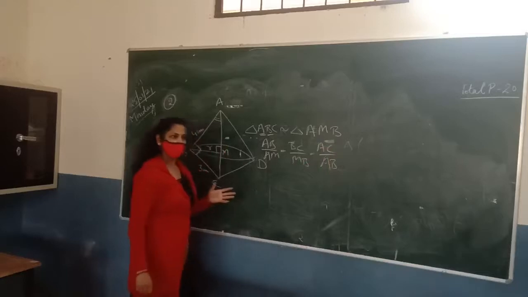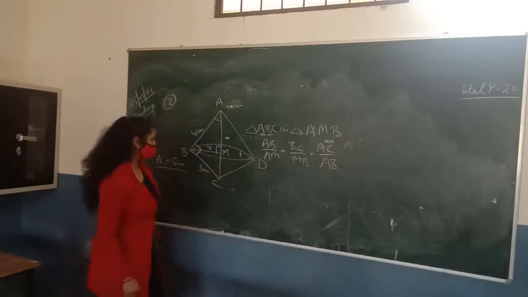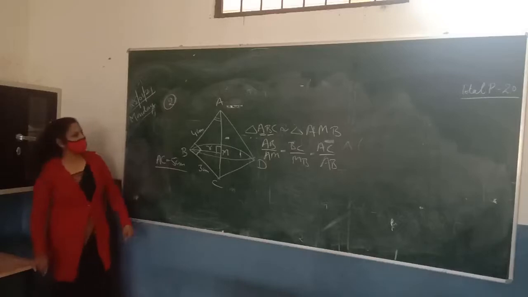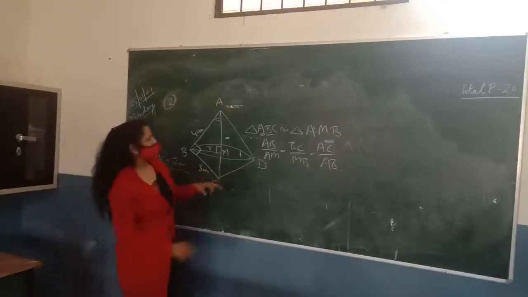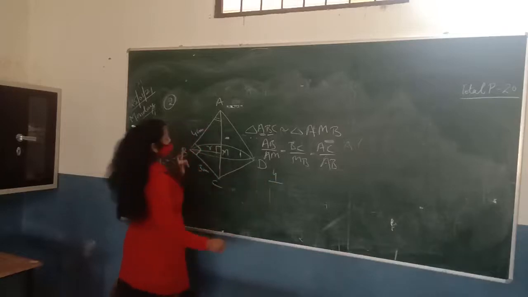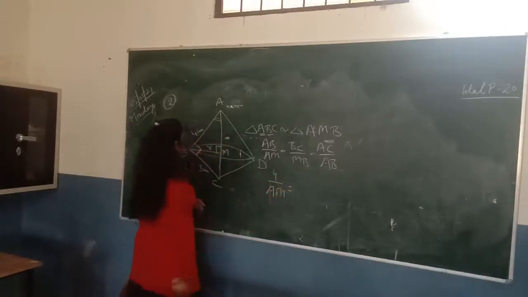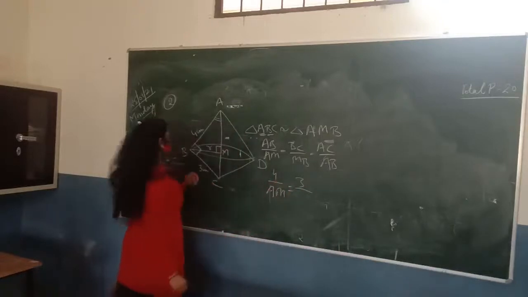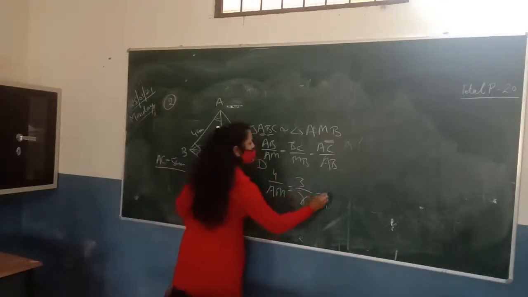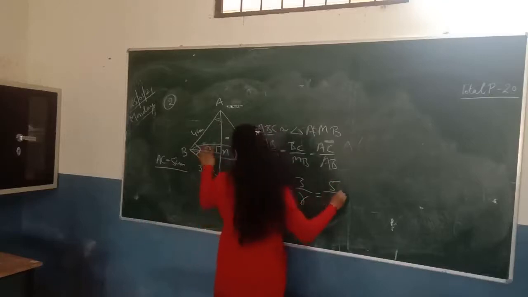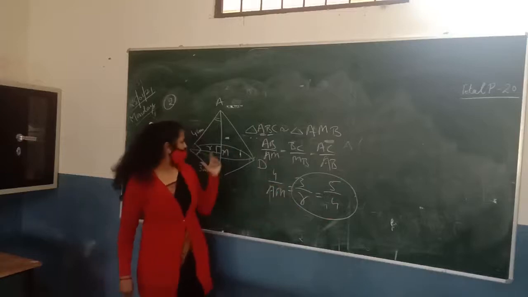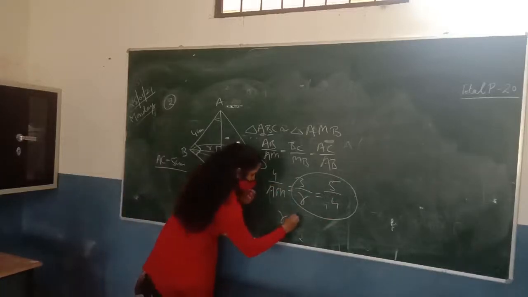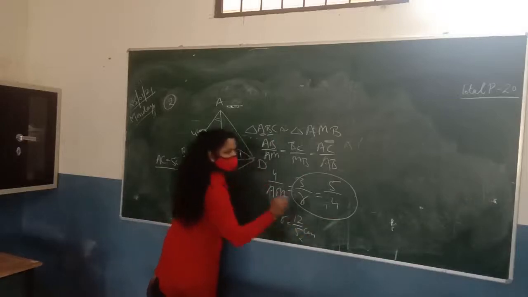Mansi, is it clear? Can you write the ratio of the sides? Yes. So these two triangles are similar. Now we know all the values of one triangle and one side of the other triangle, so we can find the radius here, like BM. AB is 4. AM we don't need to find. BC is 3 and MB we have to find, like R. AC is 5 and AB is 4. So by solving this, we can find the radius of the conical portion, that is R is equal to 12/5, that is 2.4 centimeters. Mansi, is it clear?